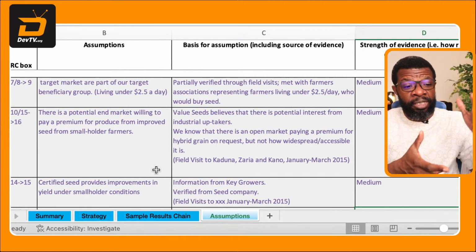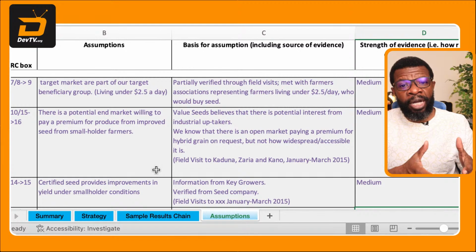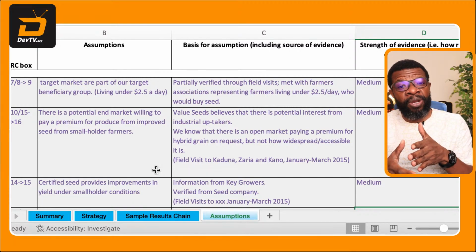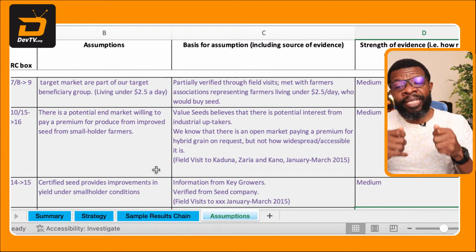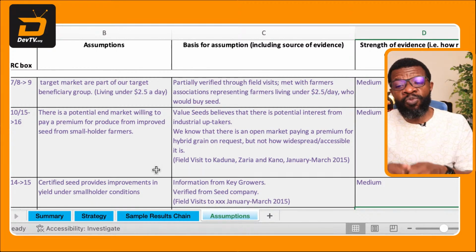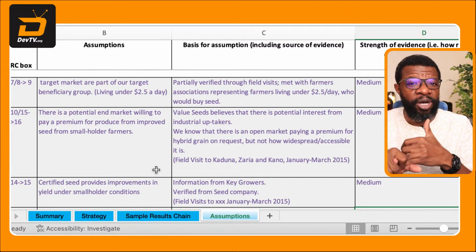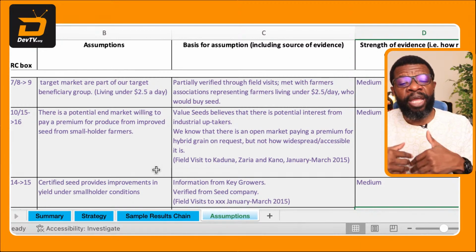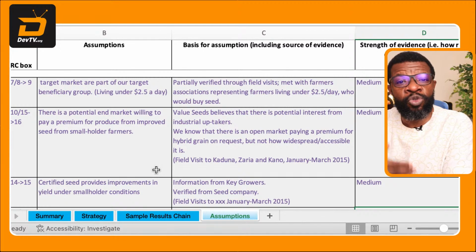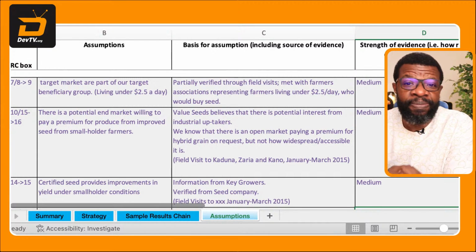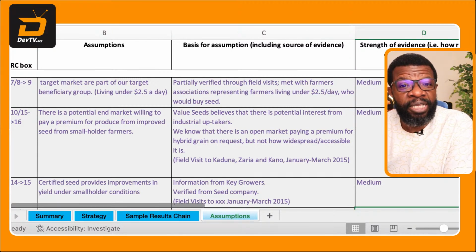So as you can see, what it does is it helps you really capture the entire intervention, all of the assumptions that came before you started implementing, and what has happened to those assumptions over the implementation period. And more importantly, this is important for communicating with either your donor, your monitoring and evaluation department, your management. And it's a way for you to keep on top of your intervention. So this is a tool that I've been using and has been fantastic, and it's helped me throughout my time as an